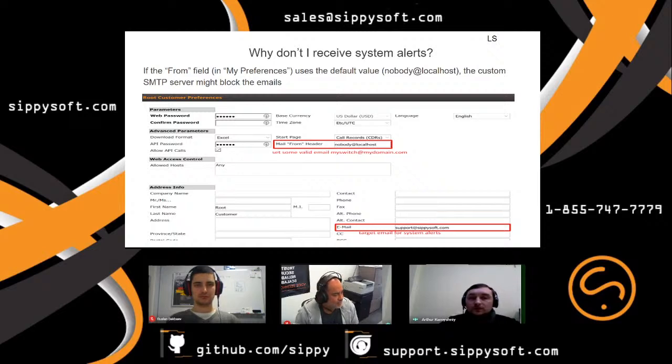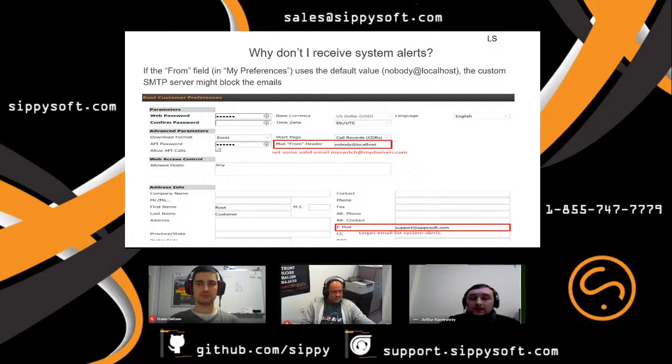By default, the system uses nobody@localhost as a from field. This is the from field the switch operator will see when he receives an alert in his email. So we usually recommend replacing this default value with the email address of the mailbox which the switch operator uses, and on which he will receive those alerts.